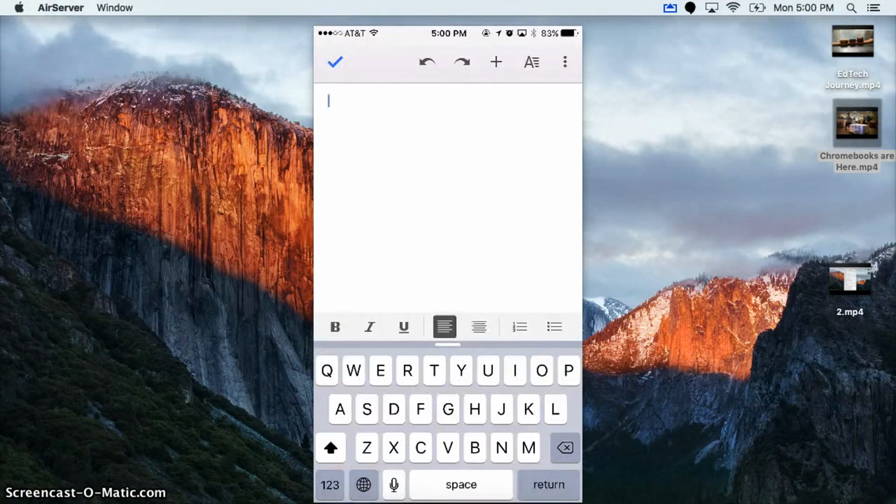Now, speech to text on the iPad or the iPhone is going to work regardless of what app you're in, as long as you have the keyboard. And that's true most of the time. So this will work in Safari, it will work in Google Docs, it will work in email or notes or reminders. But any keyboard where you see the microphone right next to the spacebar, you're going to be able to